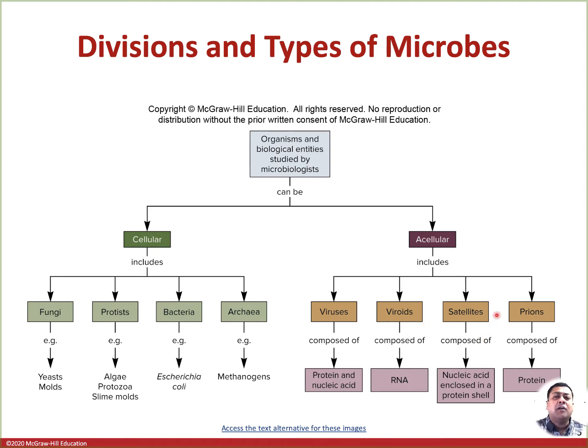So in general, these viruses, viroids, and satellites are what we call obligate intracellular parasites. Again, I'm repeating: obligate intracellular parasites. What do we mean by that? Once they are inside a cell, they have the ability to replicate and continue their generation. But outside the living cell, they are non-living. That's why they are acellular in nature, and they're all non-living.